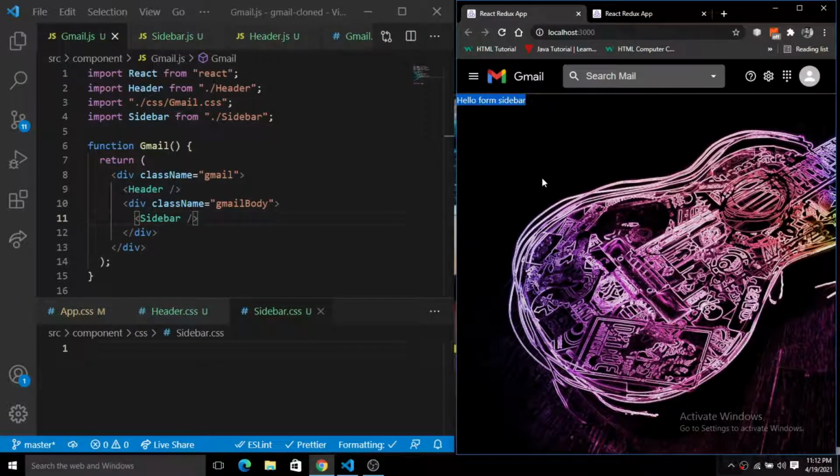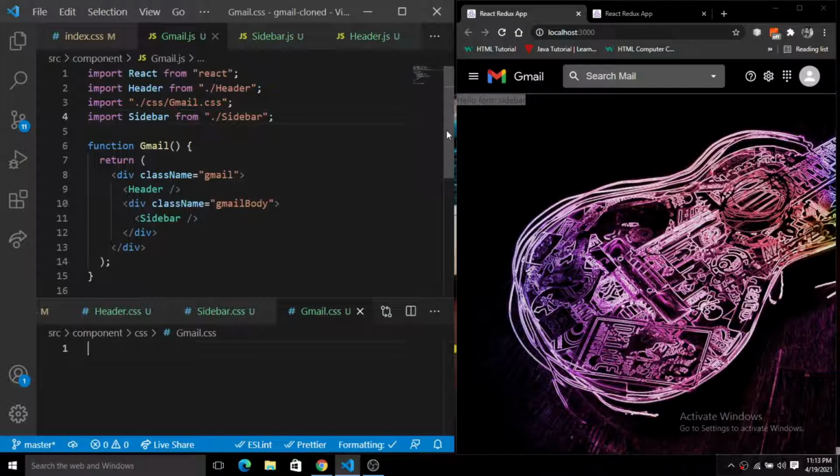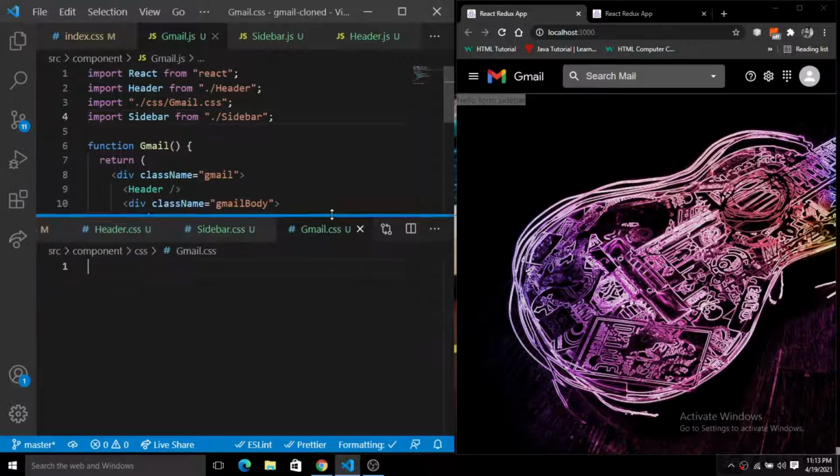But one more thing, I'm going to simply style the gmail.css also, because we are going to add a body and the widget. So it is a very important step to style this gmail.css, because we will use a flex, and with the flex we have to do two more simple steps to use the exact percentage there.